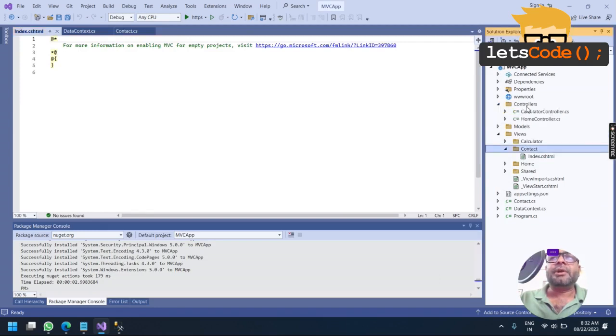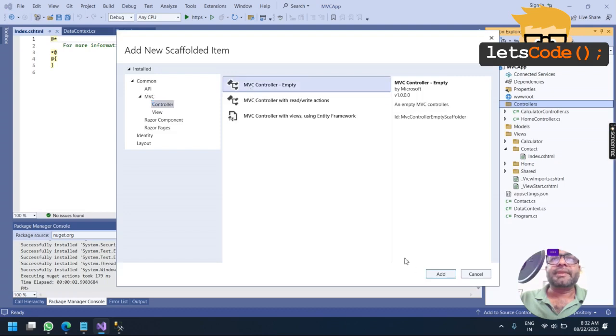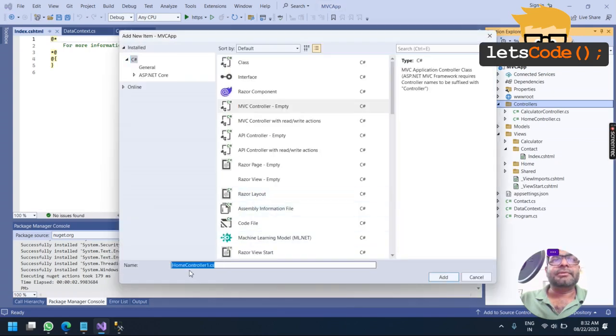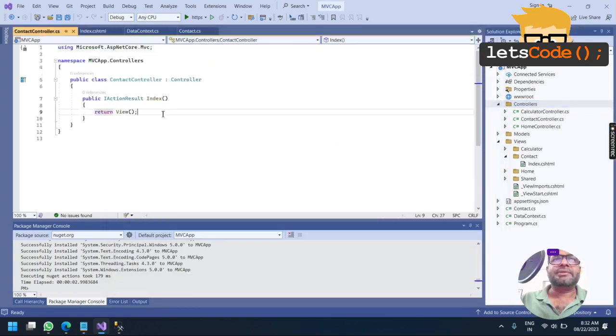Now you all know, in order to render the index view, I need to create a new controller. So I'm going to create a new controller and name it contact controller. The name of my controller should be the name of the view folder. It has an index method, and our view name also is index, so we are good to render.